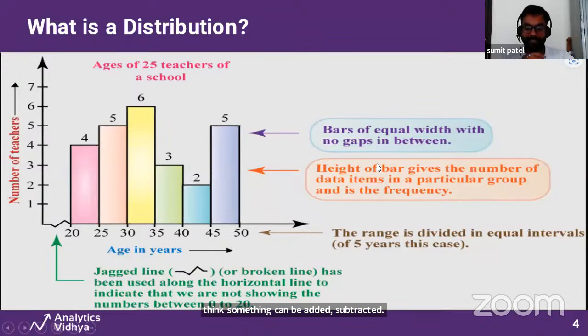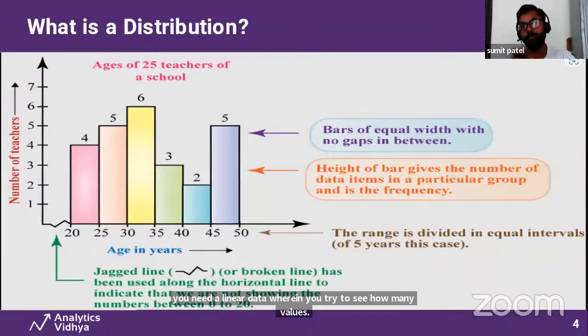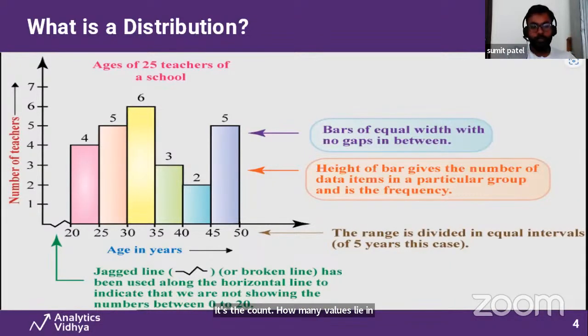So what is a distribution? A distribution is done on a single column. You need linear data wherein you try to see how many values, it's the count, lie in those categories. You have two types of data: categorical data and numerical data. Now for categorical data, if you have 100 rows and you have a categorical column, for example,